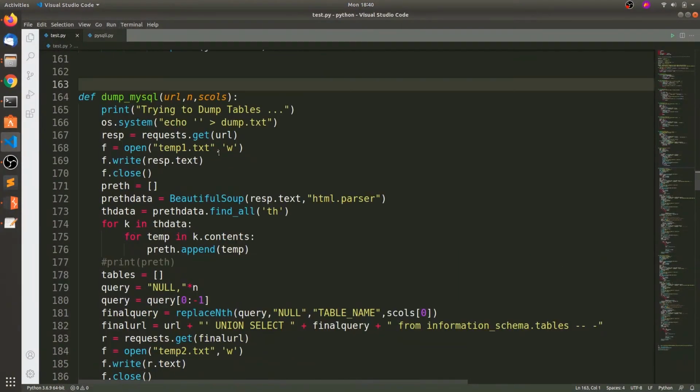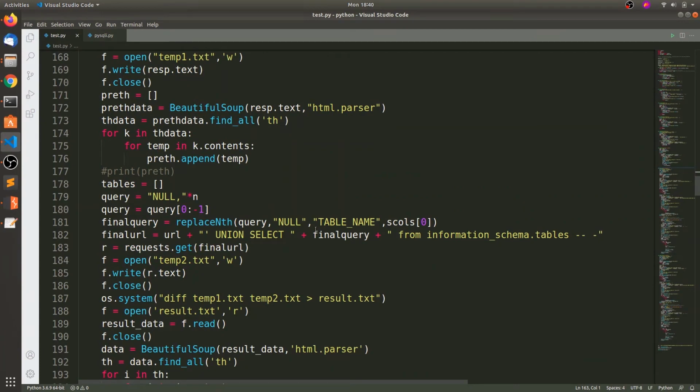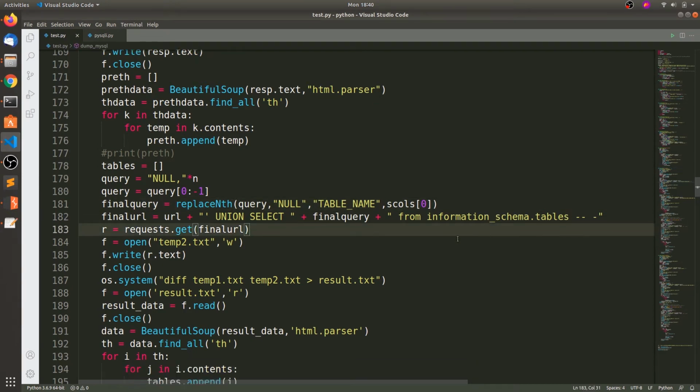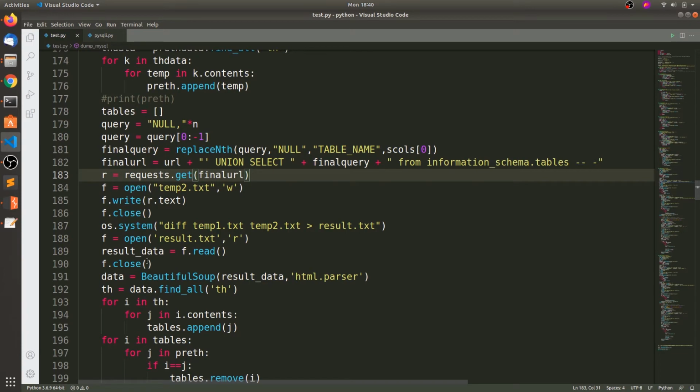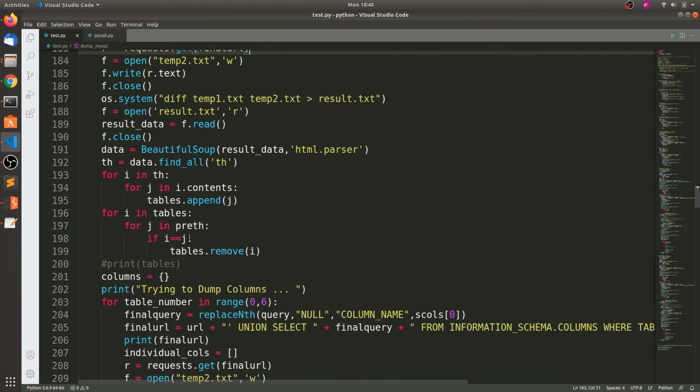That's how you extract the additional information from this page. Then I am constructing the query: select the table name from information_schema.tables, and I am appending it to the tables list.